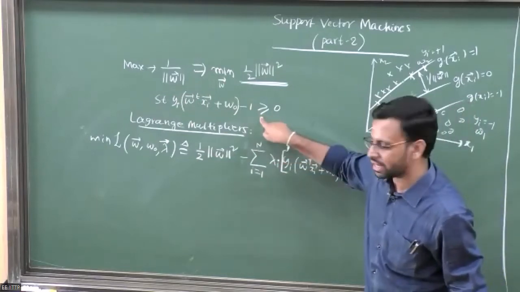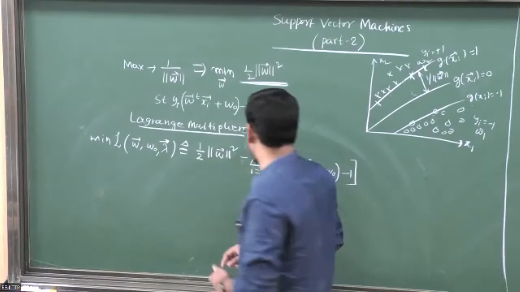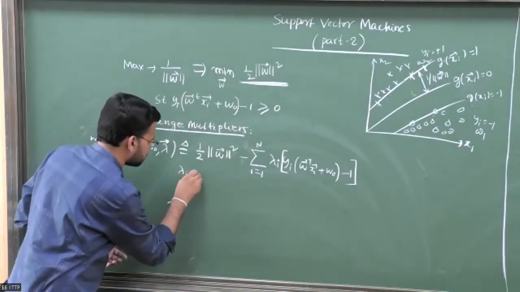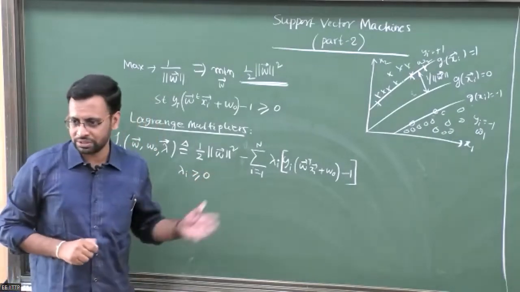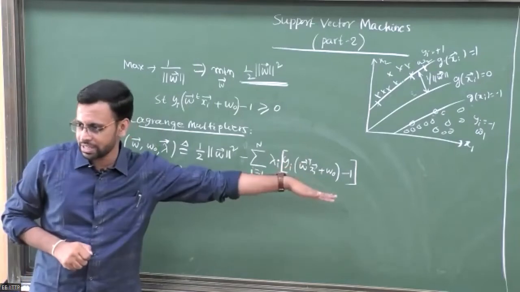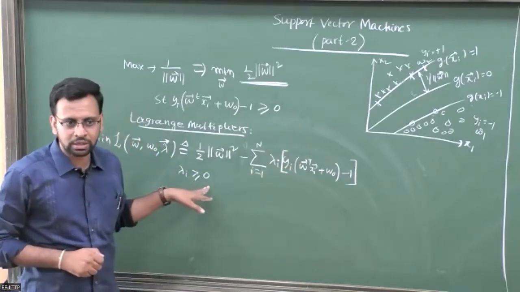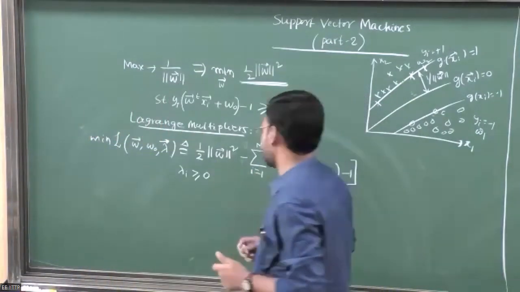So this greater than or equal to 0, I made it to less than or equal to 0. And of course, you should have already noticed here that this lambda i should be greater than or equal to 0. Otherwise, this minimization would become maximization, is it not? So I should choose my parameter lambda i such that it is positive, right? What else